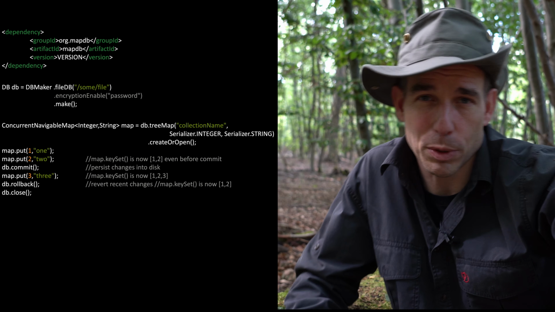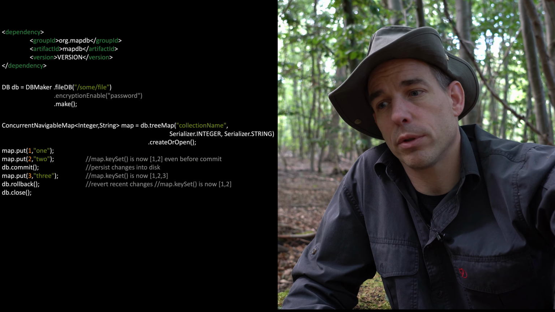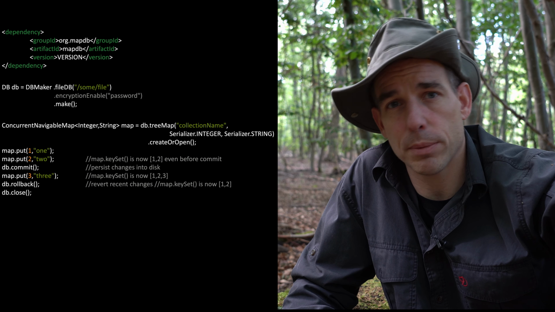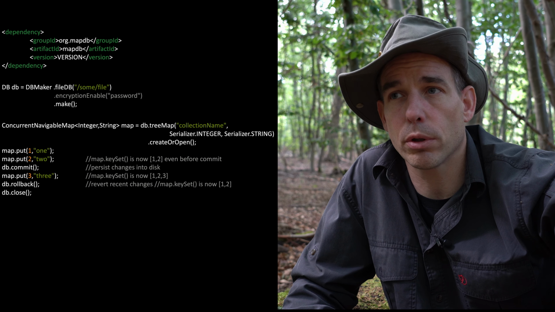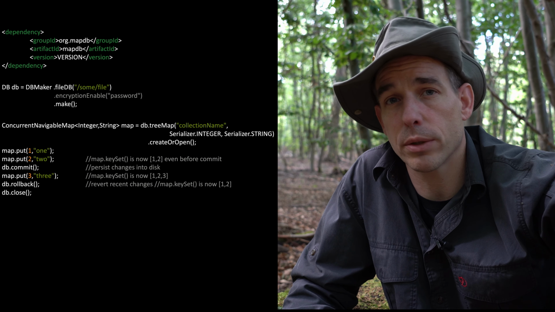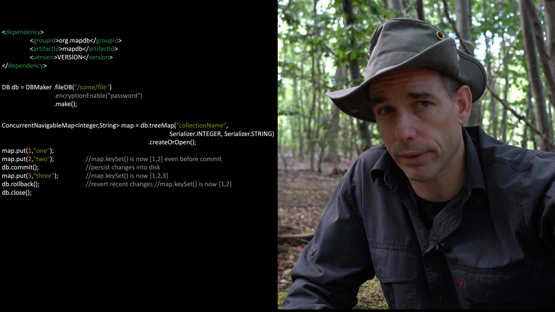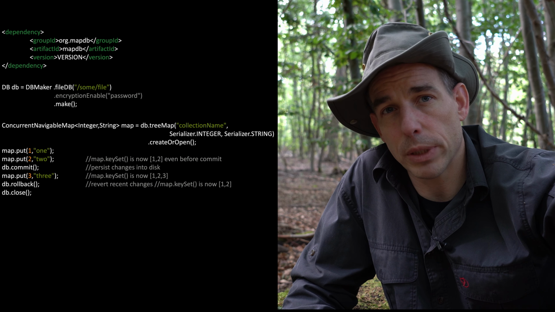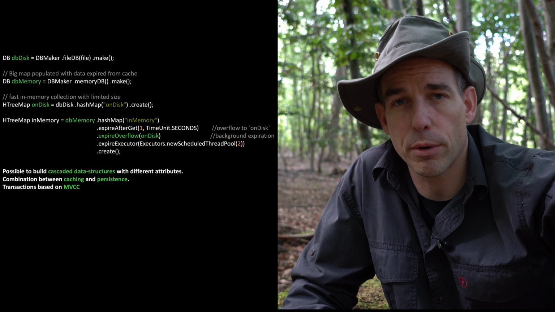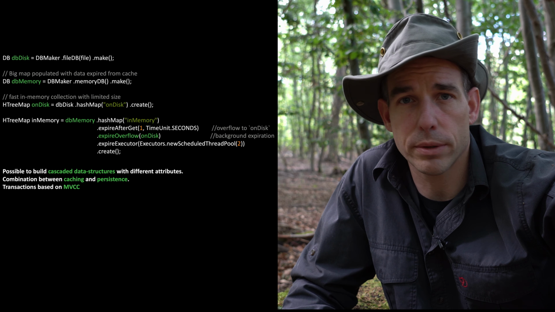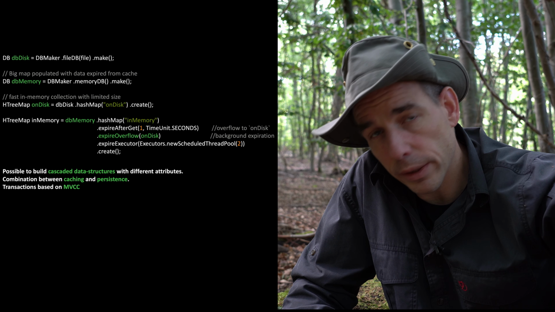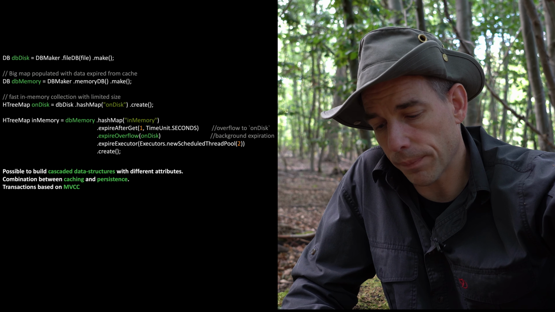But the really cool stuff of mapDB is if you have to deal with core data structures, maps, lists, and so on, and you not only need transactional behavior, but you need something like overflow or a caching hierarchy or whatever, then you have the possibility to build a hierarchy of these maps or lists or queues. Here in this example I show, for example,